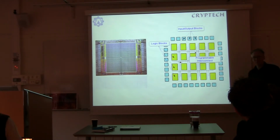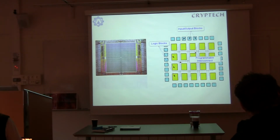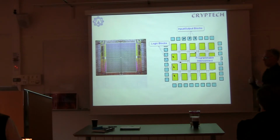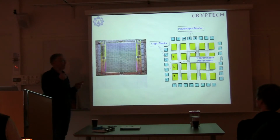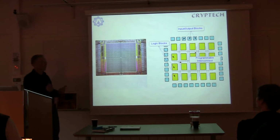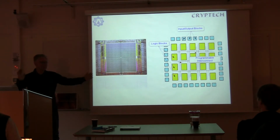And the cost of it compared to actually doing this in an ASIC is something like 10 times more transistors than what I've actually used it for, compared to just writing an ASIC. So there's an overhead cost of about 10x. If you can build an ASIC that runs, for example, at 1 gigahertz, I can run an FPGA at something like 150 megahertz, and it's going to be 10 times as big in terms of size. But